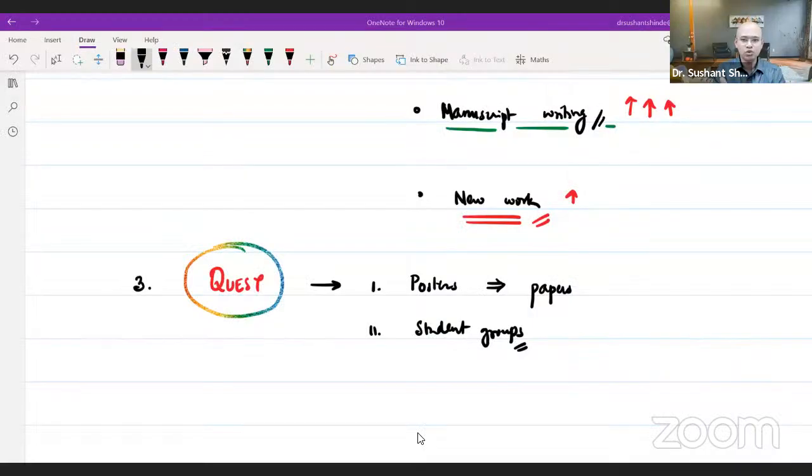Those of you who join the workshops will see who people are there with you. You might not be from the same college, but if the frequency matches, if you are interested in working, I think that's a good opportunity where Quest can play a role. I've been, of course, seeing and talking to other consultants. There are many opportunities of manuscript writing that exist. We can channelize those opportunities and present them to our students.